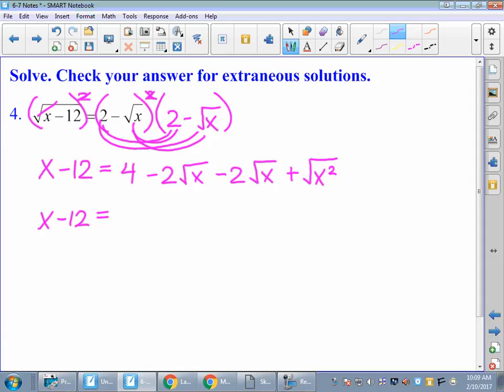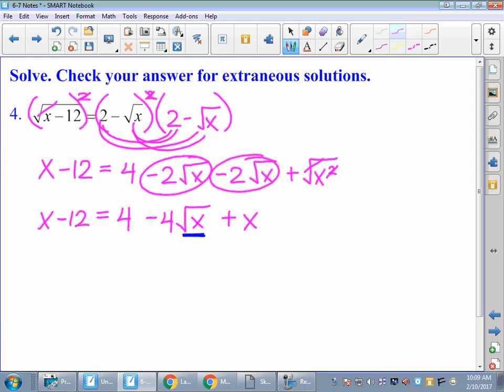Okay, and then I've got this 4. I'm going to leave that alone. I have a negative 2 root x, and a negative 2 root x makes negative 4 root x. Remember, we add the outside terms. And then this positive square root of x squared just becomes a positive x. So one of those radicals went away, okay, but we still have this remaining radical that we've got to get